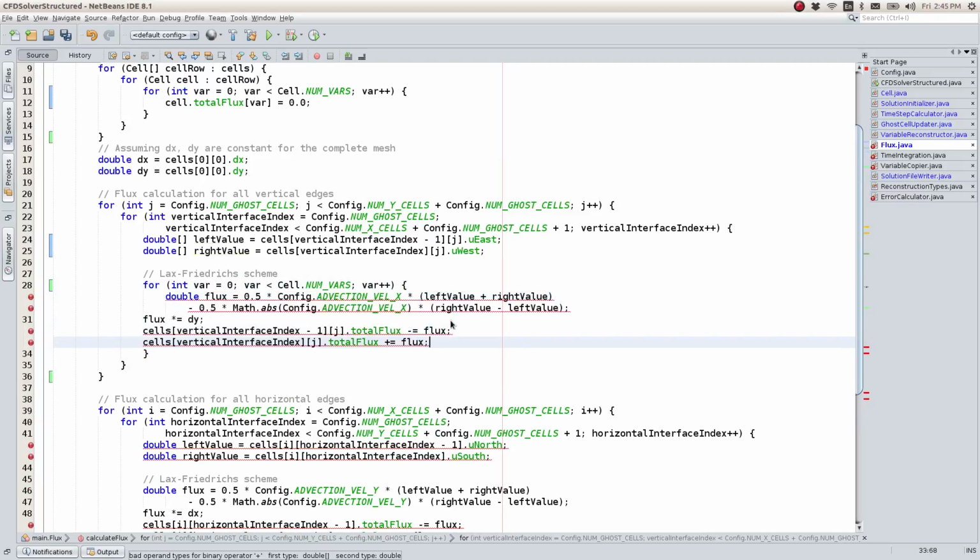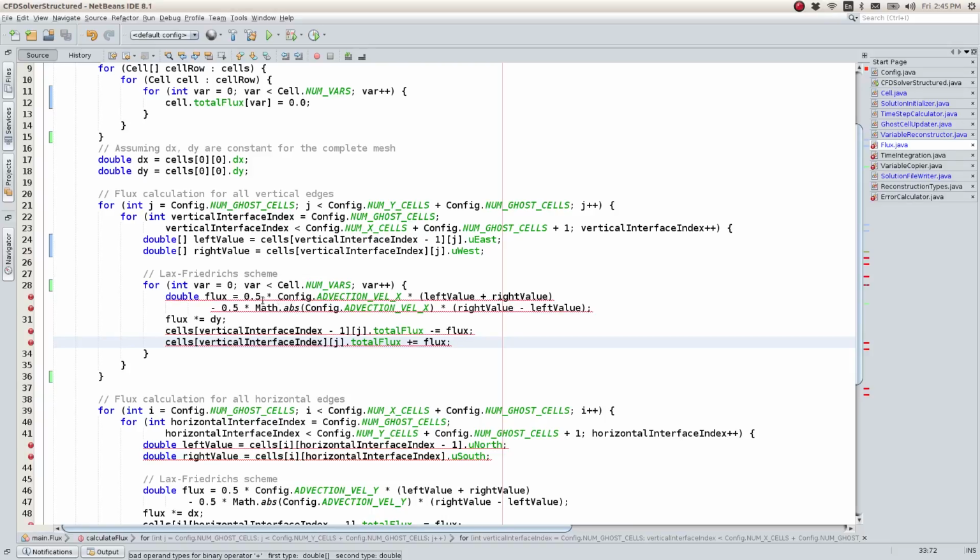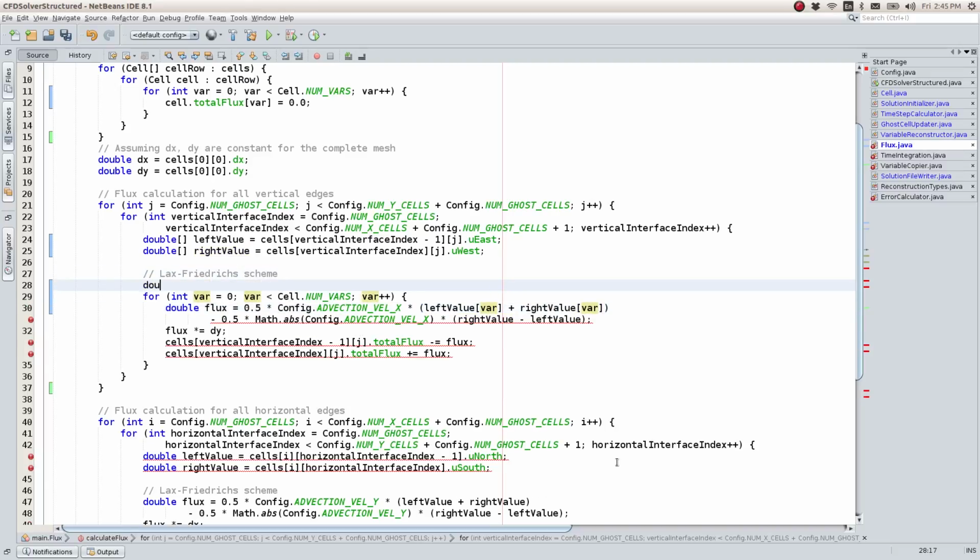Look, so the flux is 0.5 into the variable. Okay, here I'll say double, let me call it wave speed, that's going to be equal to,